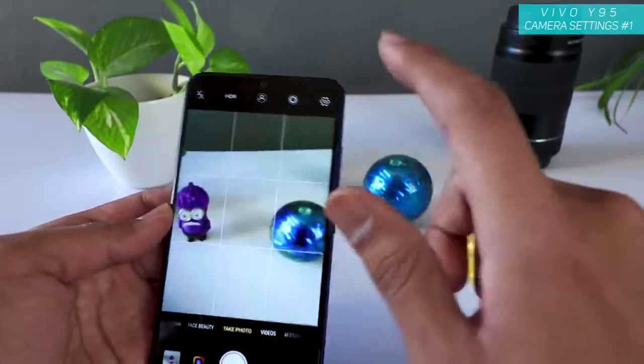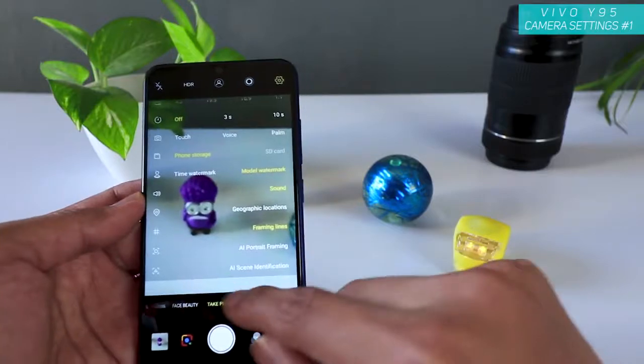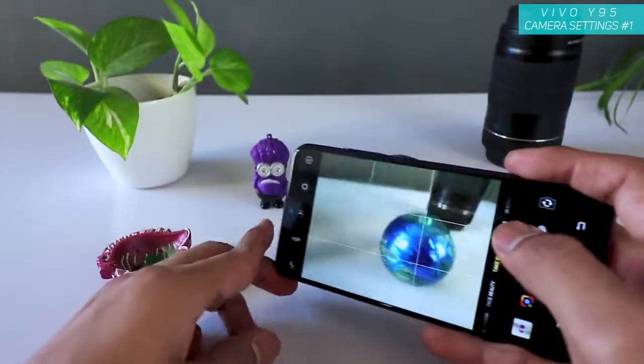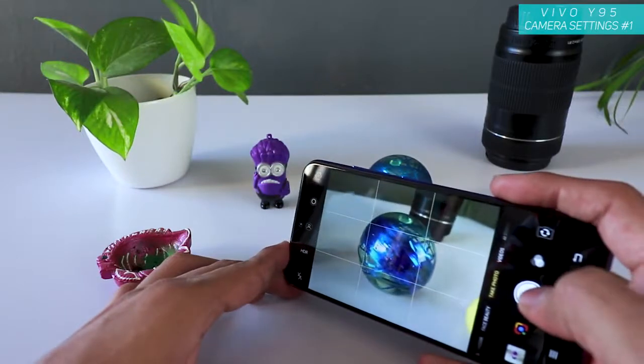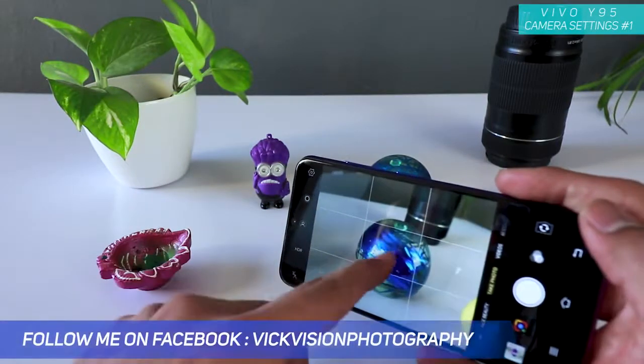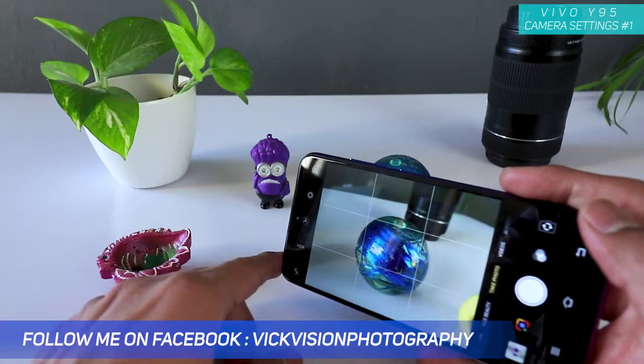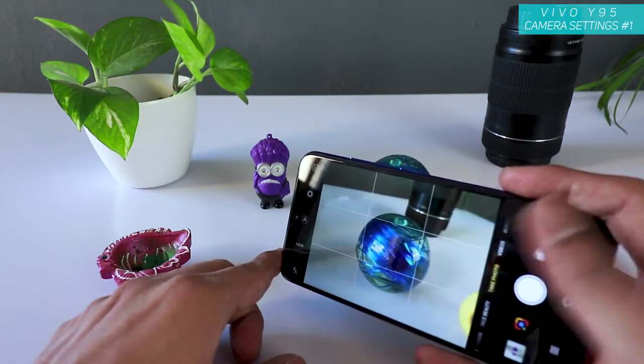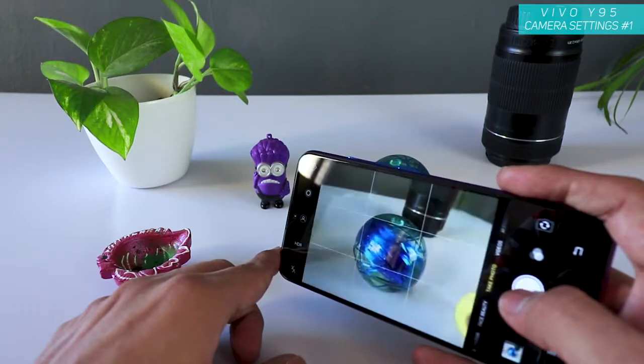You can enable, you can disable. And the last one is AI scene identification, artificial intelligence scene identification. Let's see if this detects as a ball. So if I hold, it's not recognizing. Let's tap to focus, and I don't think it gives you suggestion about what the scene is, but anyways, just